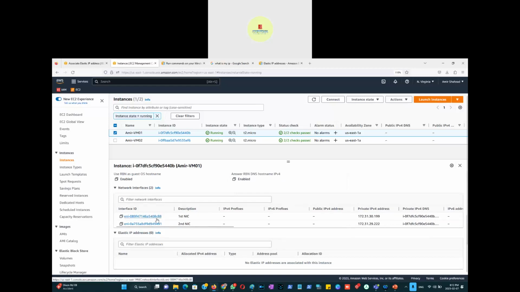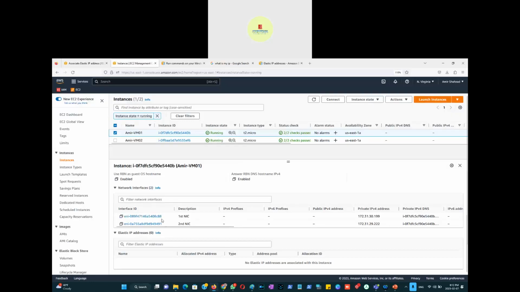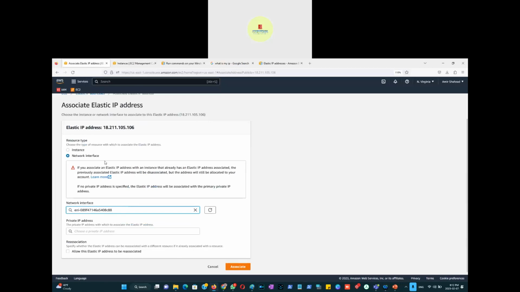So the first and second NIC, C88 and 491, are the two NICs associated with the first instance. If I go to the first tab here, C88 and 491 are these two. So I'm just going to associate it with C88, which, if I confirm by going back here, is the first NIC of the first instance, and 491 is the second. I go back here and say, okay, please attach it to the first network interface. And okay,